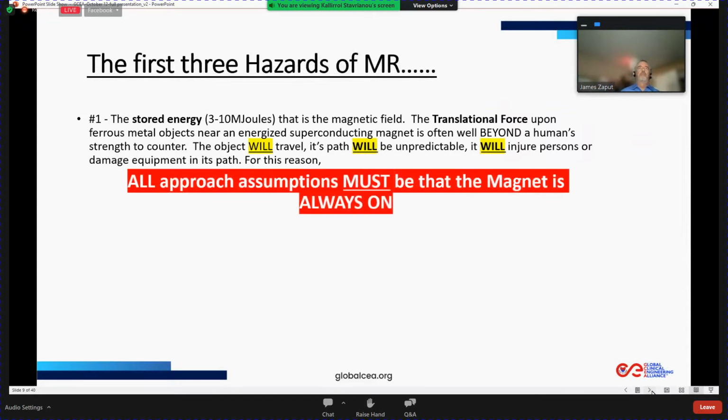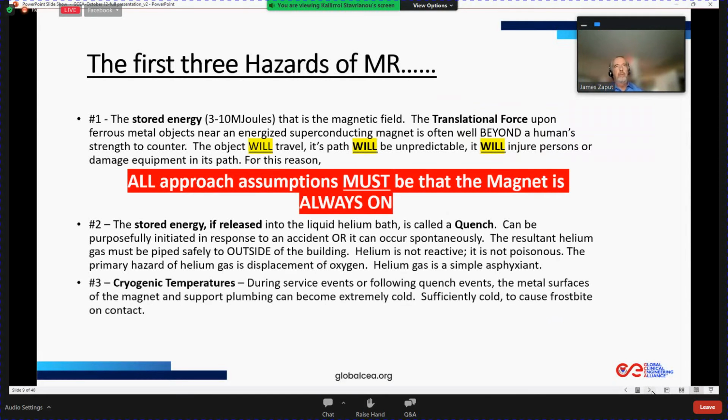Let's touch on the first 3 hazards of MR, right? We talked about the stored energy. The physicists look at the superconducting magnet as a pure energy storage device. At imaging fields, where we scan patients, the amount of energy stored in a typical MR can be anywhere between 3 and 10 million joules in the magnetic field. This creates a translational force,